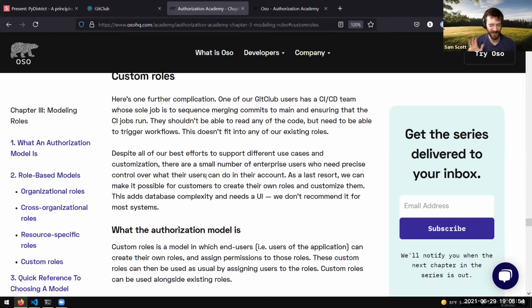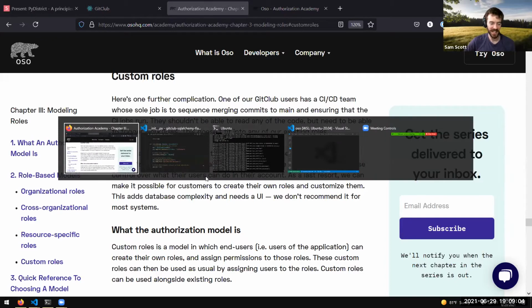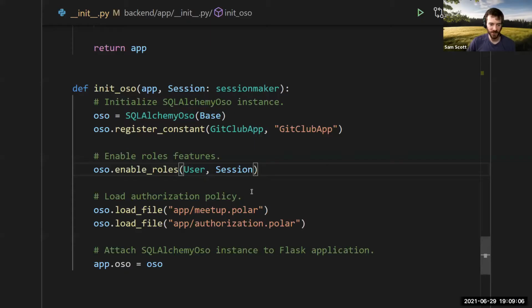At that point, you're in the territory of letting your users write Python code and submit it for you to run. So we don't tend to recommend it, but you can store policies as a string and load them in at runtime and use them to evaluate different logic. It's not something we recommend because we haven't put a lot of work into supporting it.